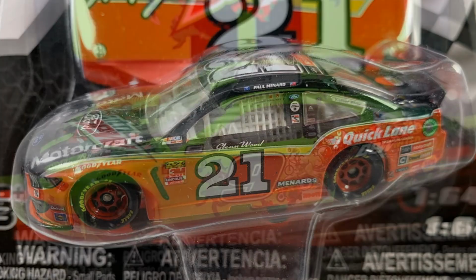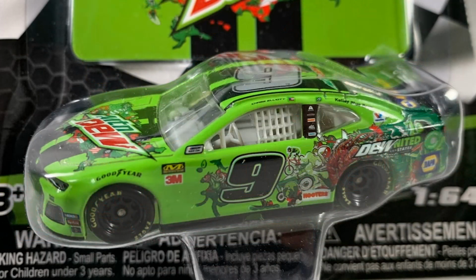Next up, we got Chase Elliott's number 9 Mountain Dew United States of America, and my god, this paint scheme does look pretty cool. I know, another Chase Elliott car, but you guys know Chase Elliott does sell, so whether you're happy or gonna complain, like I usually do, I can't complain about having another Chase Elliott, because he's had some really cool looking paint schemes, and this one,